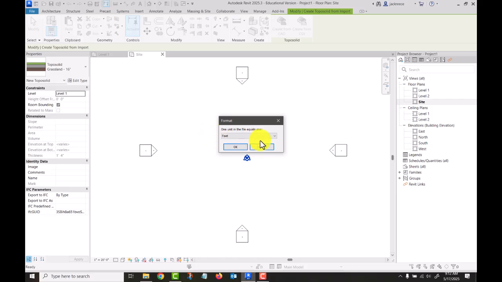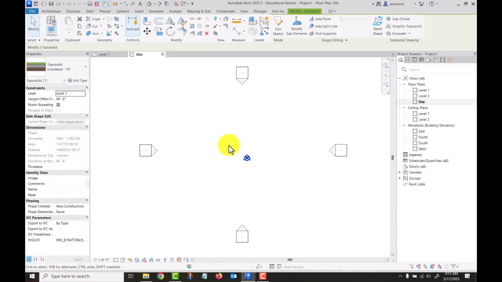And you need to know if your points file is in units, and this one is in feet, so that's something that you'll need to make sure of. So we'll go OK. All right, and so now it's created our topo solid, and this one's different from the way things used